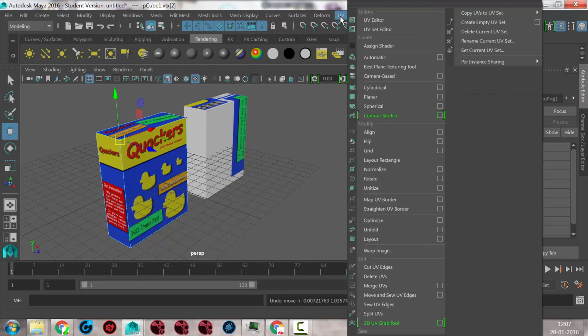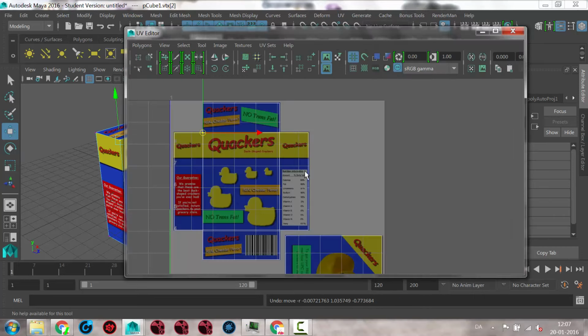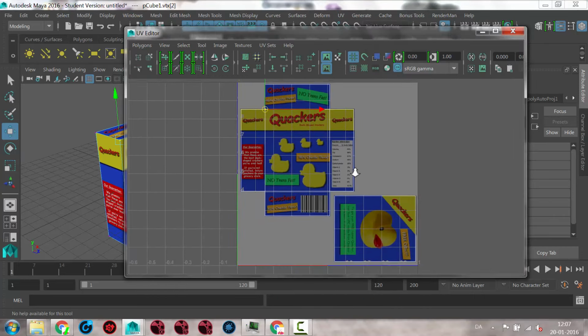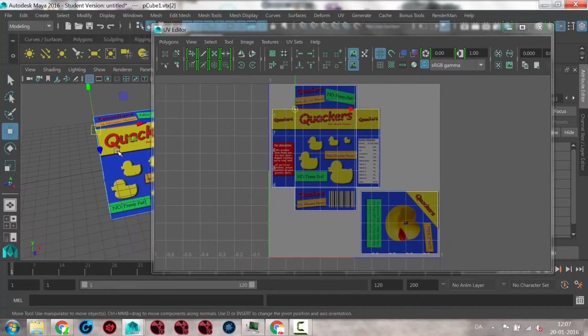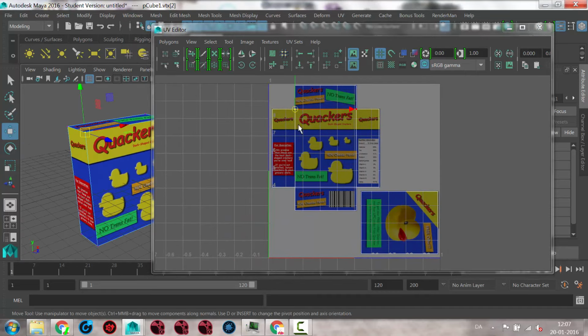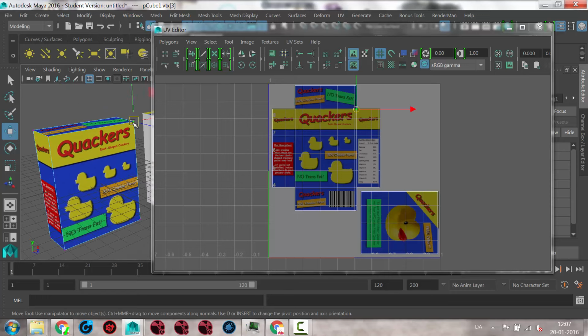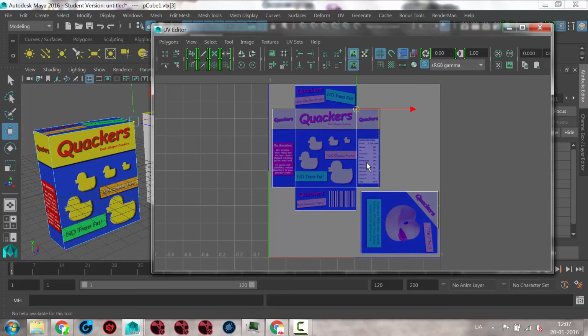So if I go to UV editor, you can see that this is an image, and the point I have selected right now refers to this point here in the image. And the point over here refers to this point in the image. I can just turn on this blue coloring, so you can see it's like a box that was unwrapped, right? And if I take these points here, just go to UV, take these points here, and move them down,